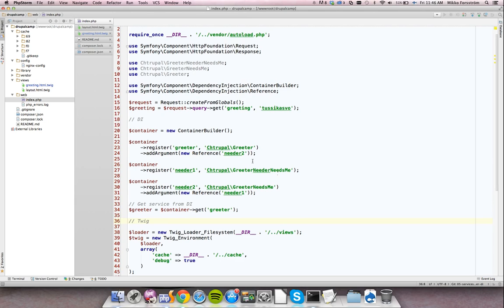I say that I need a greeter there, which is of this class. And as a construction argument, it gets a reference to neither2. This reference comes from the container builder. So here is neither2, and it needs neither1, and then there's neither1. Then when I need the object, I can ask the container, get me the greeter. At that point, it goes through the configuration and constructs my objects for me, just at the moment when I need those. So it's faster, more complicated, but